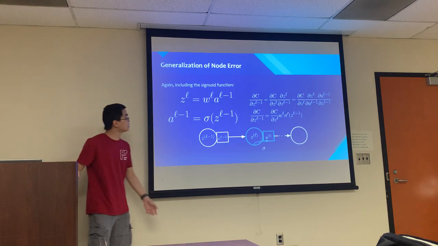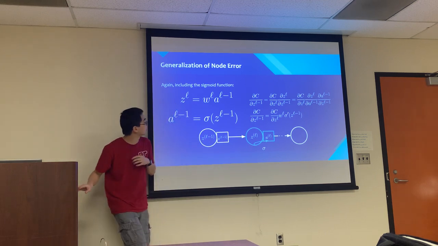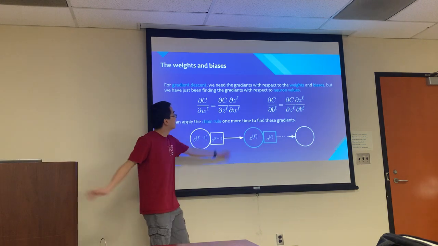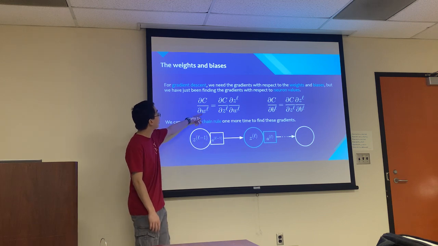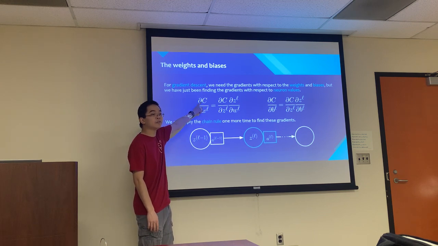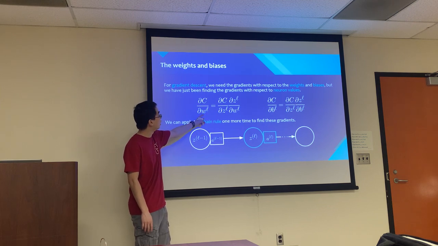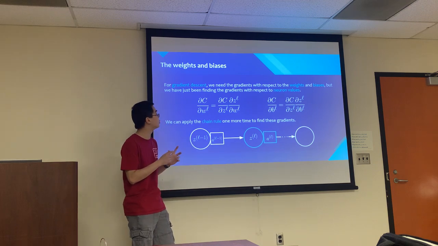Okay, so this is what I was talking about earlier. Eventually, oh sorry, this is not the thing I was talking about. Okay, this is the thing I was talking about. Eventually we wanted to get to the weights and biases, right? So here we are. The partial derivative of cost, or essentially the gradient, with respect to the weights and the biases of a particular layer, because these are the values we want to change, right?